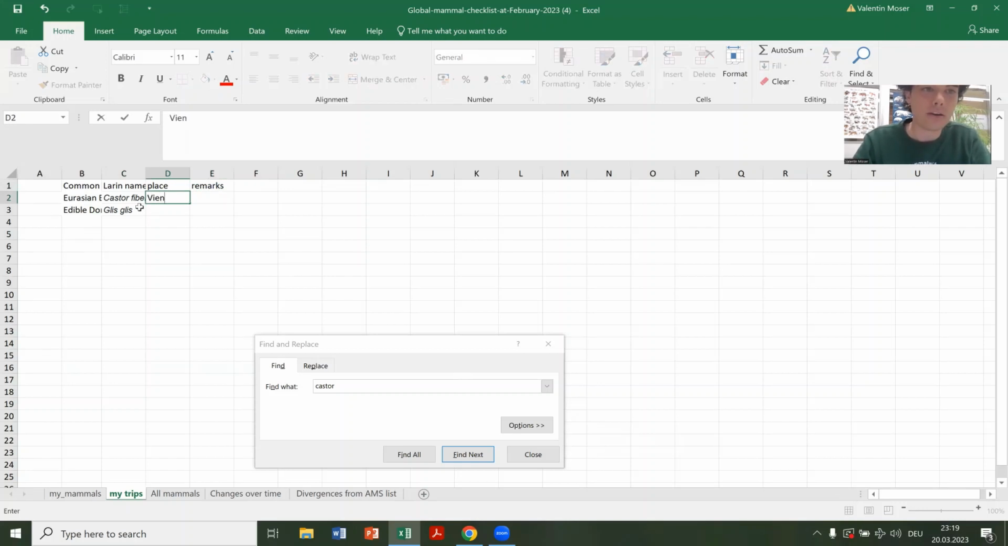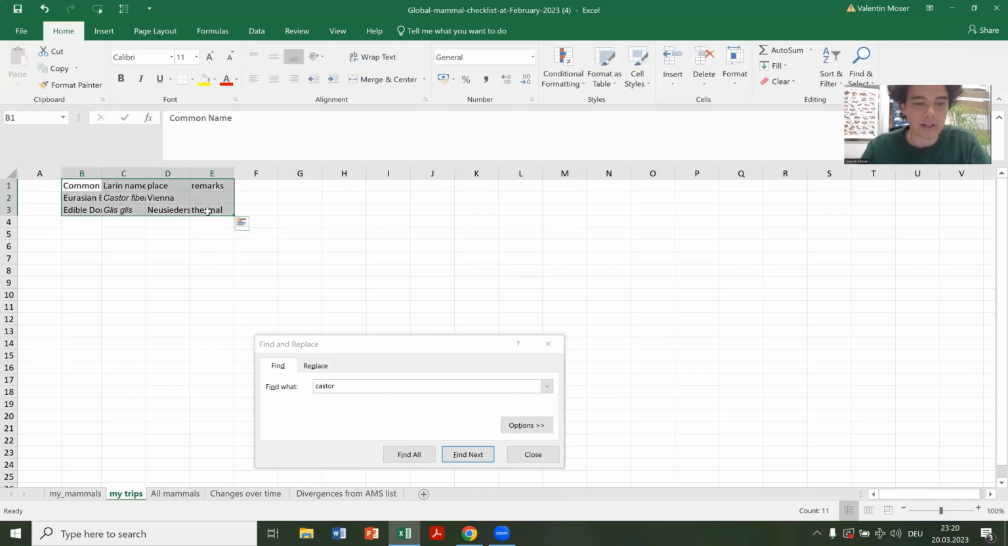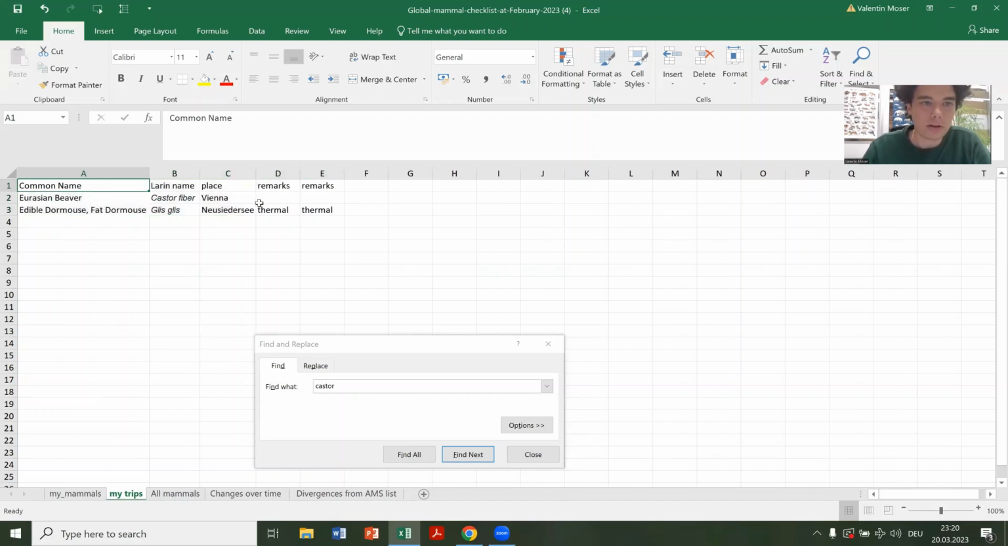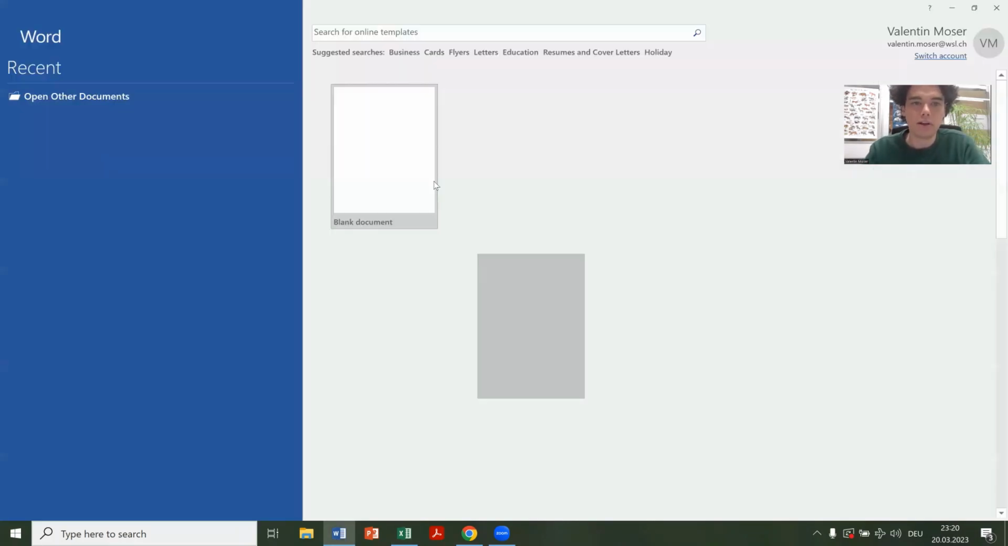The beaver I saw in Vienna. The edible dormouse I would have to actually look up, but it was close to Neusiedler See. That one I found with the thermal. And just like that, click on that to give it the space it needs. And maybe make it fat. The title. Now if we take that and we paste that into Word,